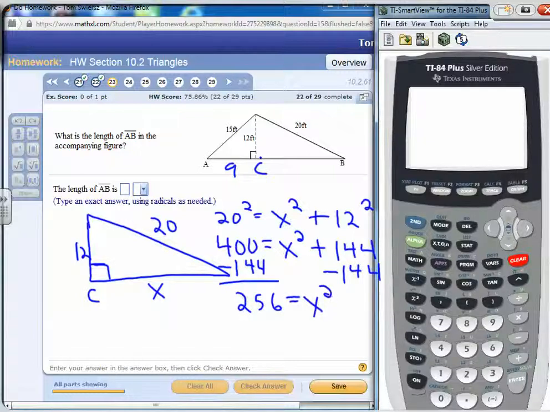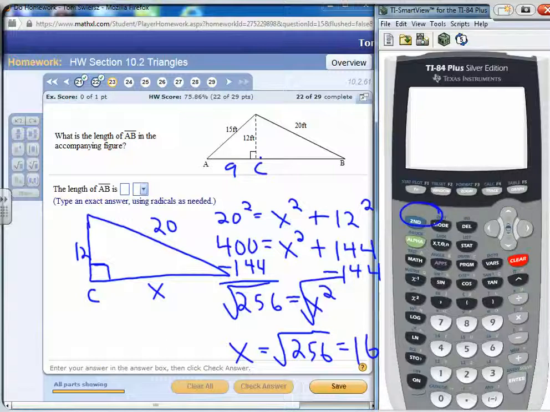256 equals x squared. Take the square root of both sides. Square root of x squared is x. Square root of 256, if you do it on your calculator, is 16. Again, second x squared, and then you'll get this radical, square root, put in 256, and you'll get 16. Now notice, what's the length of AB? AB goes from A to C, which is 9, from C to B is 16, so 16 plus 9 is